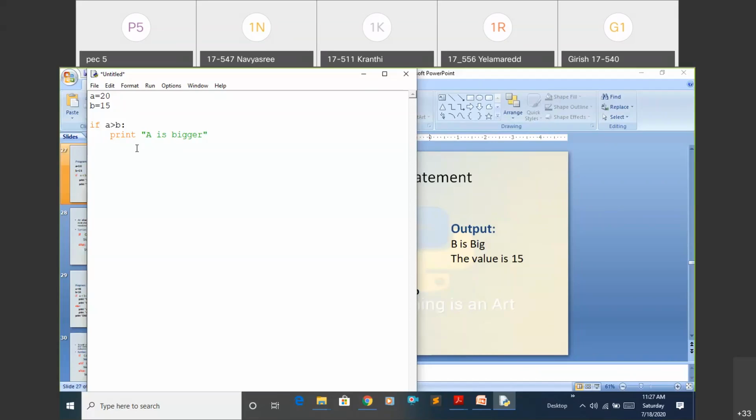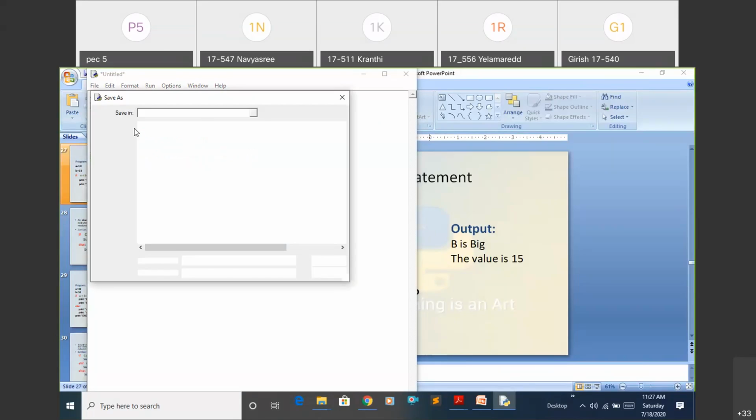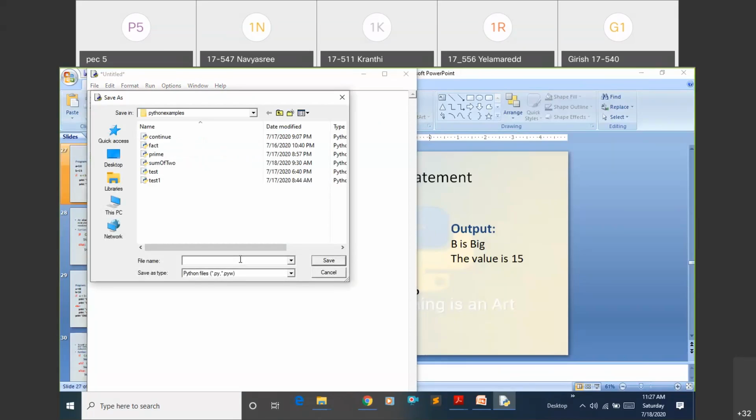Here if I write any statement, it is not in the if block. After saving this file with the name if.py, just observe.